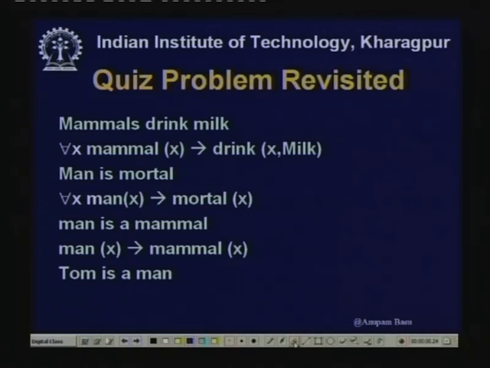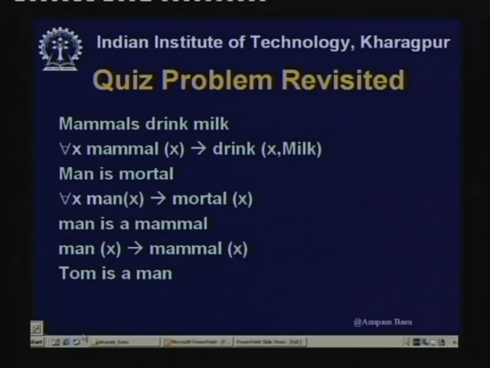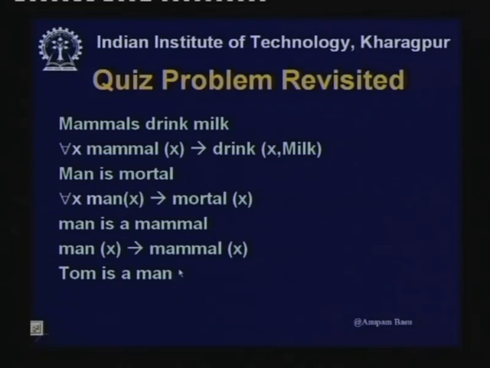So, I should select, here I should have written for all x with some color. All right, this was a mistake here. So, it should be for all x, man x implies mammal x, and Tom is a man was as before, man Tom, there was no problem with that at all.